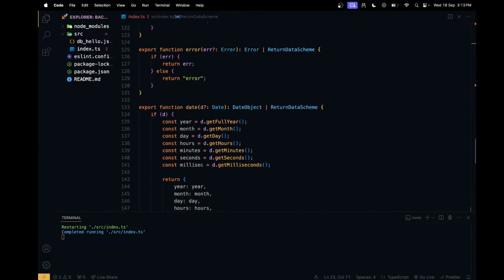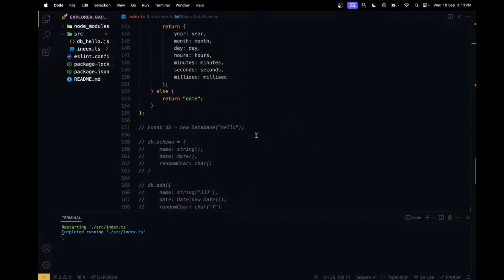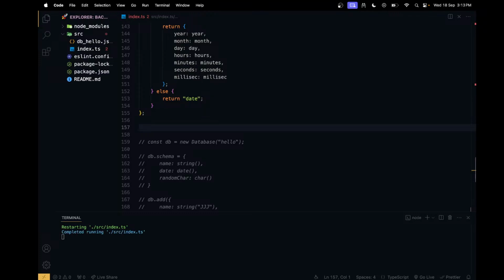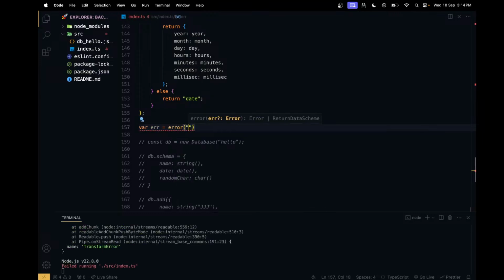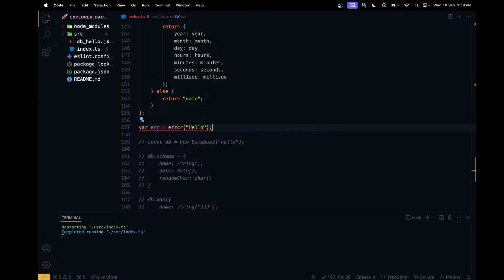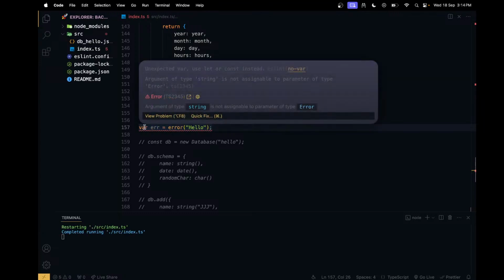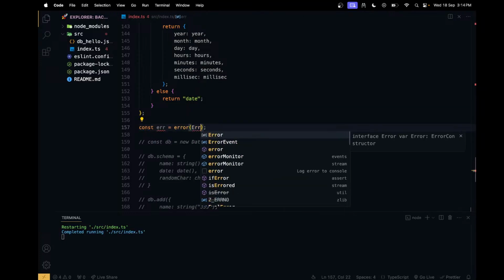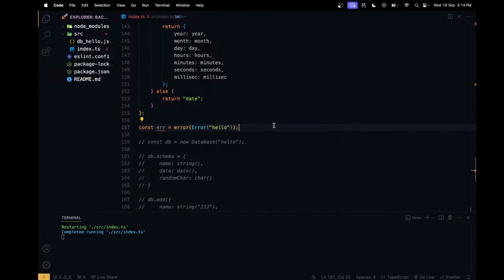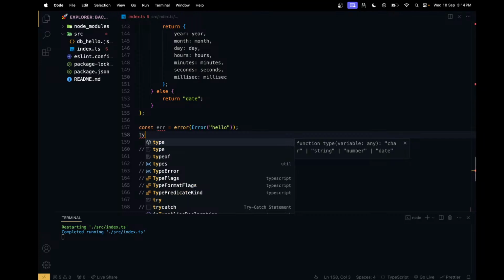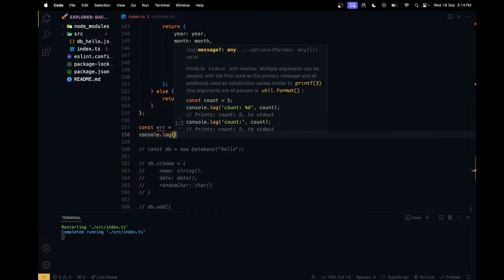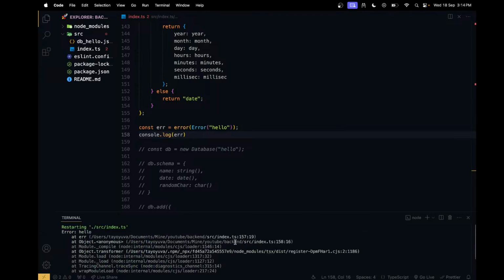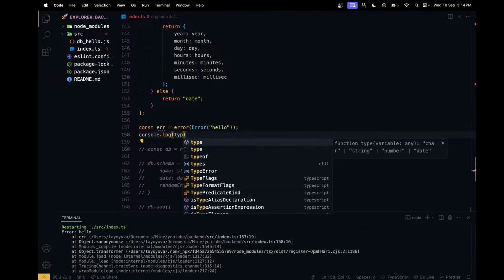So to do that, we have to actually check it. So I'm gonna go here and make a new error. So var error is equal to error. I'm gonna put hello. Okay, that itself gives an error because we need a proper error method. Error hello. Now if I console.log error, what does it give us? An error. Okay, so if I console type of error,